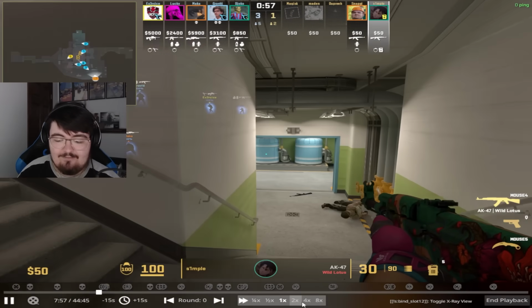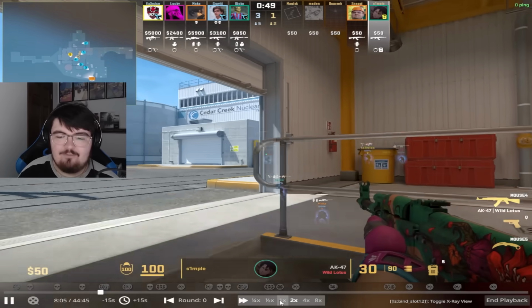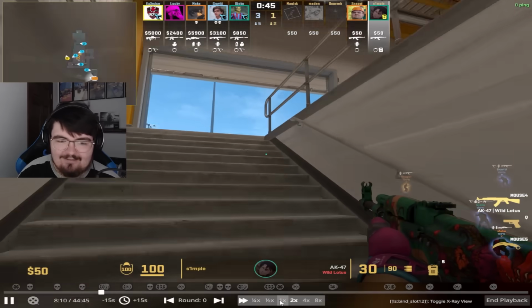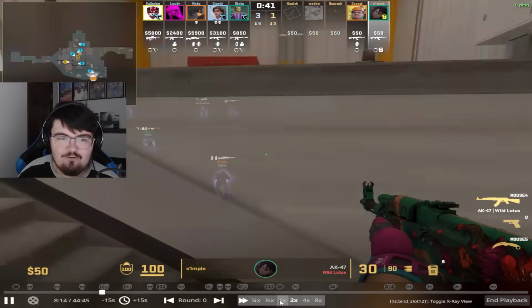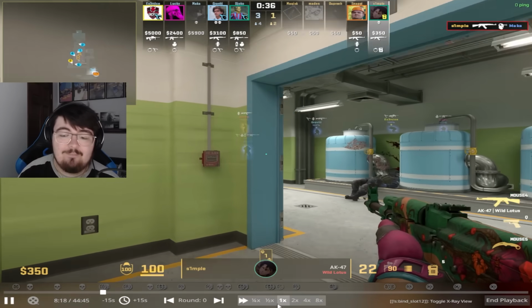That being said, the round has kind of fallen flat on its head. It is a 2-on-5 now, and it's just s1mple to try to work some of that magic, and he actually will be somewhat successful here. The re-aggression is coming in from Maka, and s1mple is going to have shadow advantage on him there,